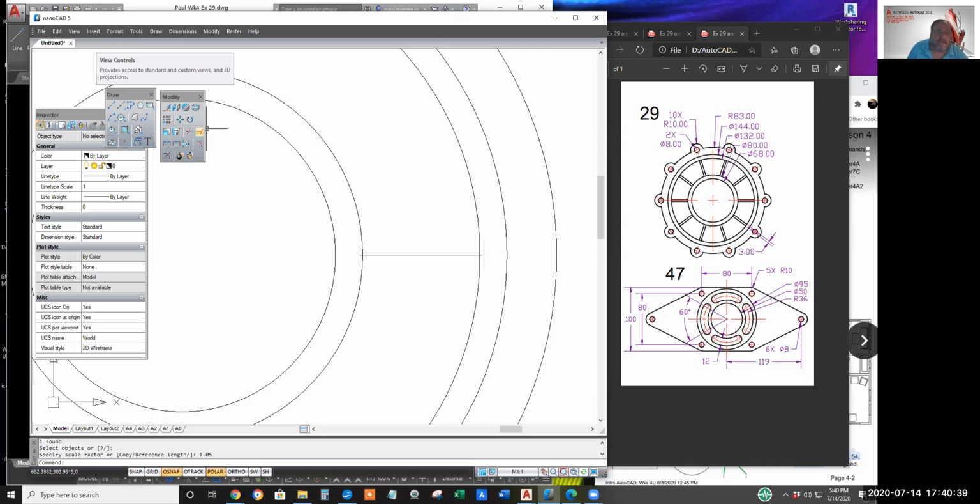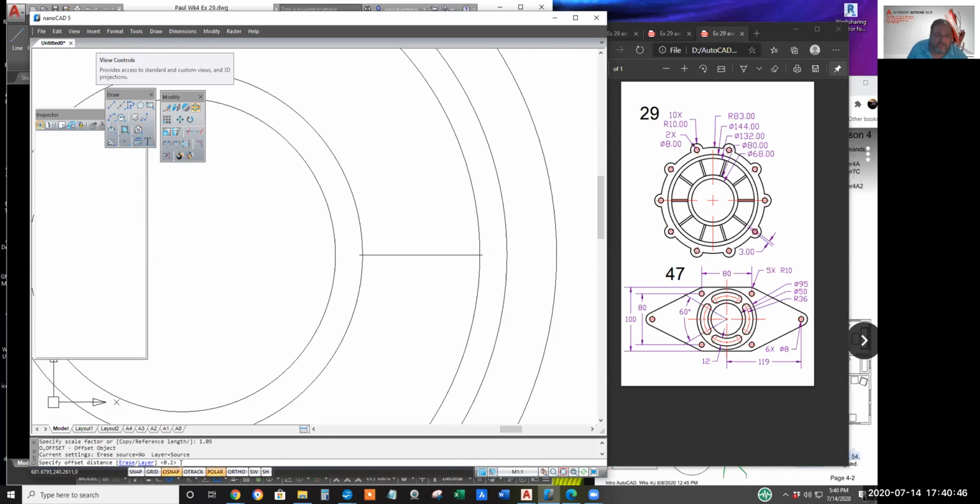Offset, where are we? There we go. Offset is still at 0.2 from making the chair. I'll change it to 1.5. Enter. Offset command says select object. Now it says which side. Click down.